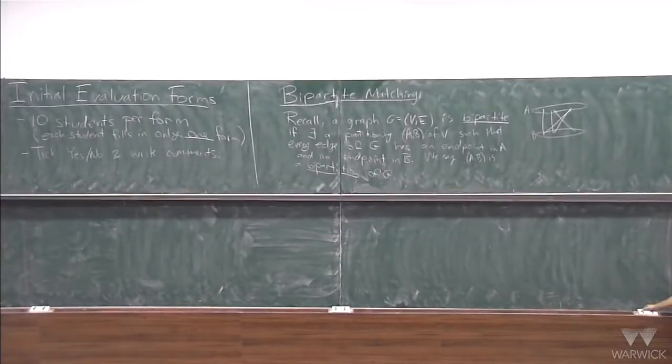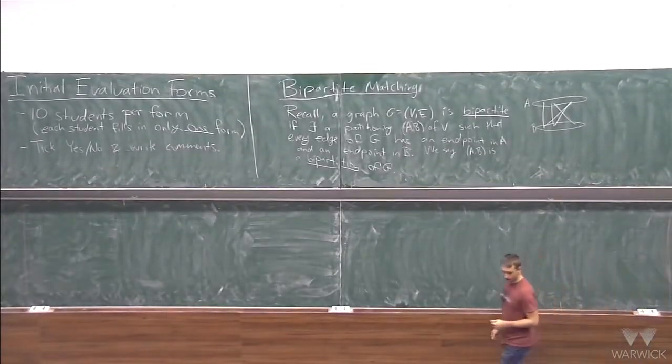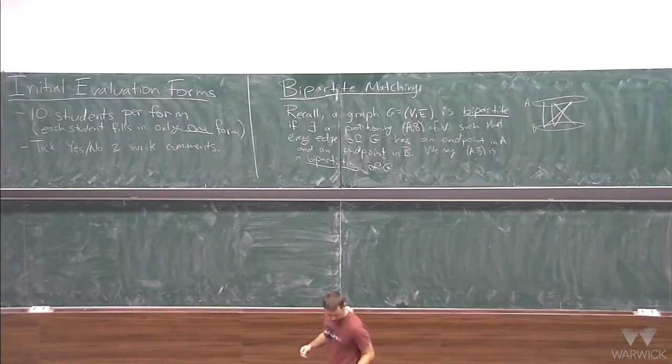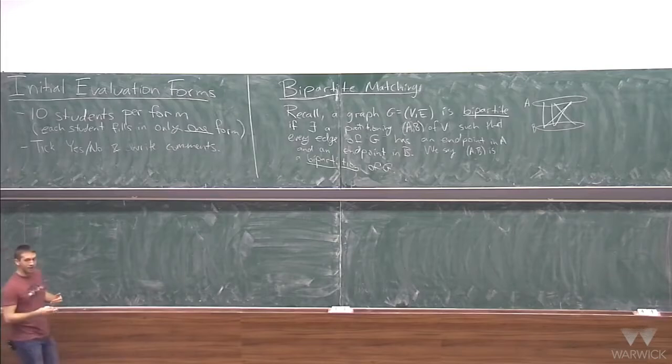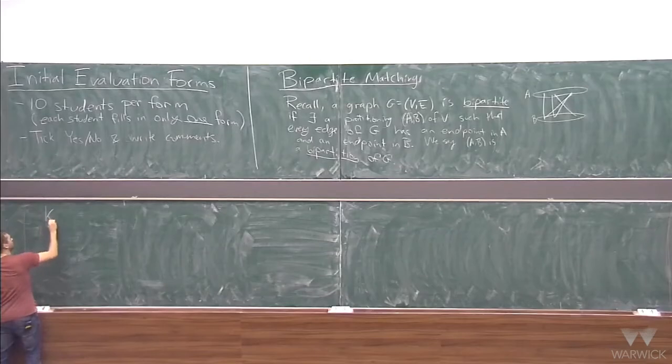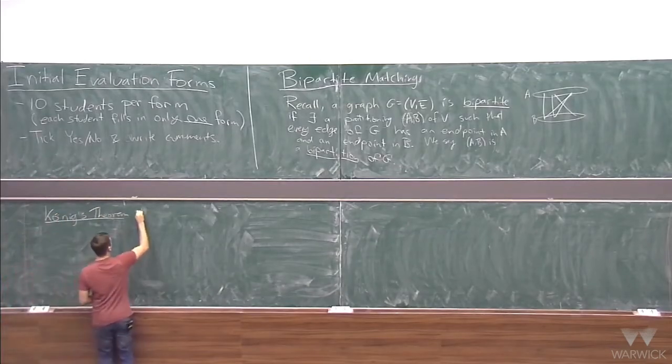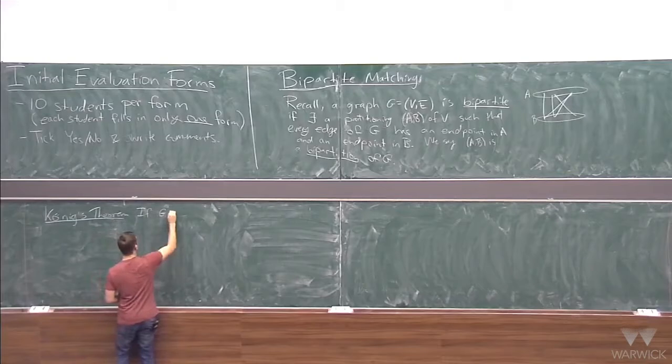Yeah, so yesterday, very briefly at the end of the lecture, I mentioned that there's this nice theorem called König's theorem for bipartite graphs, which connects the size of the biggest matching to the size of the smallest vertex cover. They turn out to just be the same. So König's theorem says that if G is bipartite,